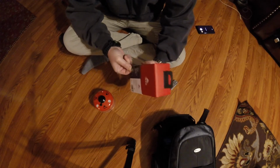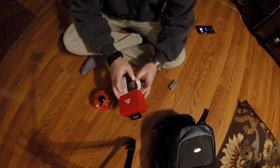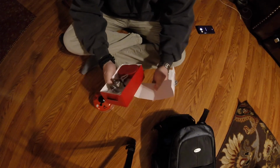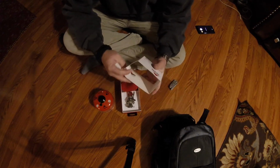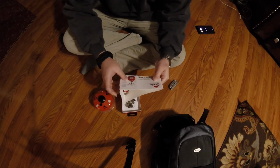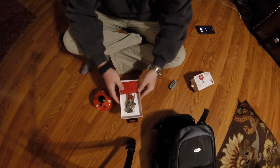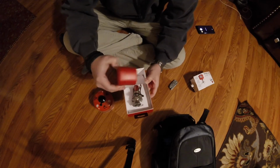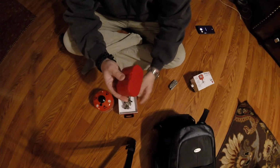Okay, now I was gonna get the Jetboil, which is only about $20 more than this, but the Jetboil uses its own proprietary pots and pans and what have you not, and I don't like that. I like to use my own budget-oriented cookware. Alright, now this comes with a little carry case,